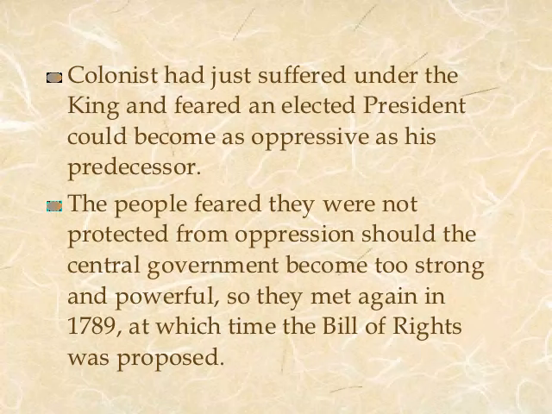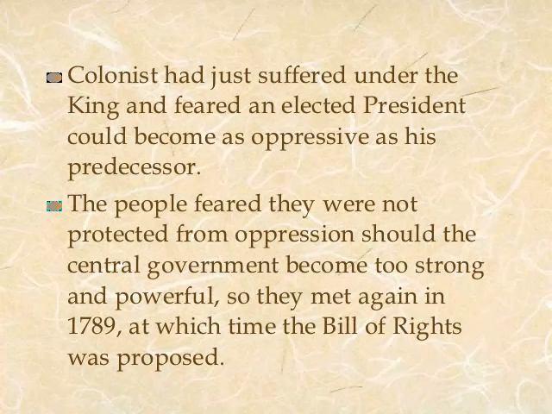There were two groups that were basically fighting for political control. The Republicans, who believed that the government was for the people, of the people, and that the people should rise up if the government ever becomes corrupt and overturn the government and put people back in place with new elections. The Federalists believed that the government should run the people and the people should do whatever the government says. Now, the problem with that is that means those in political power are kind of like the royalty. So people feared they're not protected from oppression, and they thought that the central government was too strong and powerful.